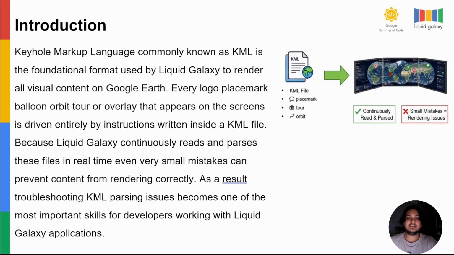But it also introduces a major challenge. Because the system is continuously parsing the file, even a very small mistake such as a missing closing tag or an incorrect attribute or formatting error can prevent the entire file from being rendered correctly. So, in many cases, Google Earth does not clearly report these errors on the display. Instead of seeing a clear error message, we often see missing content, a black screen, or outdated visuals